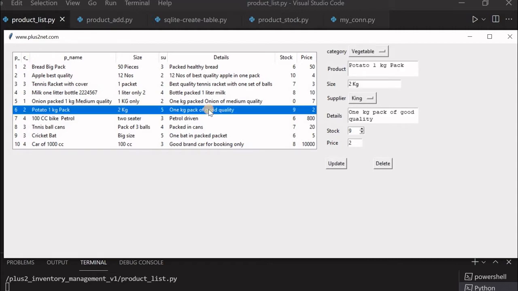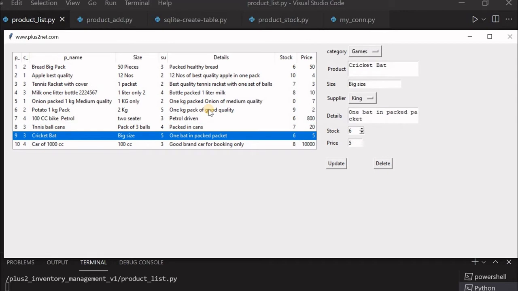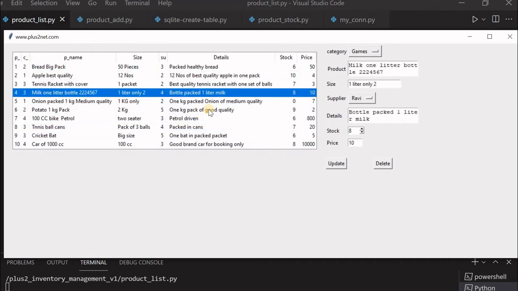So let's select one. I can move across the selection also by pressing the up and down arrow. So I have selected one product here. I can edit the product description, size, and supplier also. Who is the supplier for this? I can change this. Now the category also I can change, say I am giving it to vegetables, and the stock position also I can change, and the price also let me change. Fine. Now I can change it and update it.